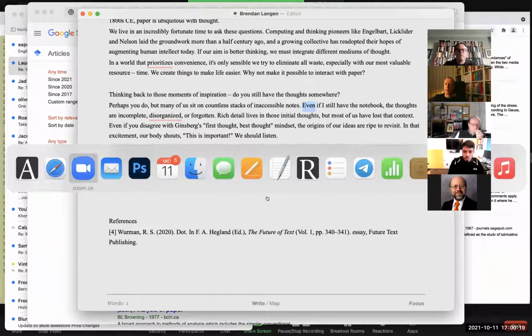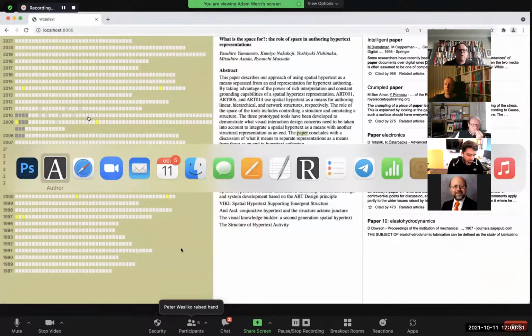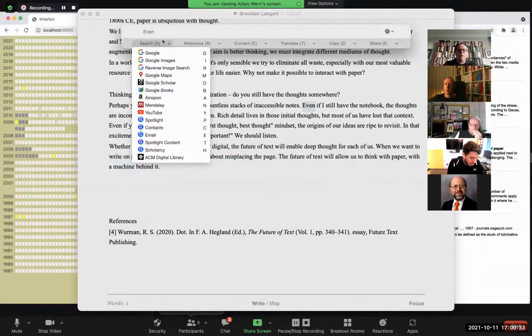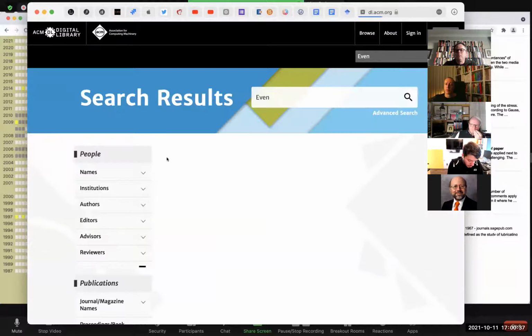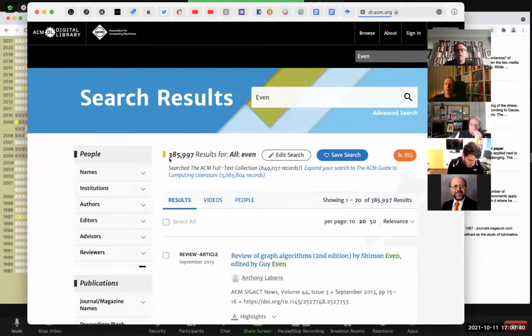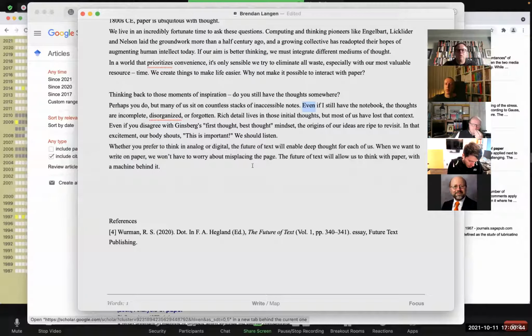So it would then search your system. Immediately it would open up with a selection of this. That means this would always be accessible for instant views of what you need to look at in your work. Here I have added manually the ACM Digital Library, and adding it is trivial. It's based on